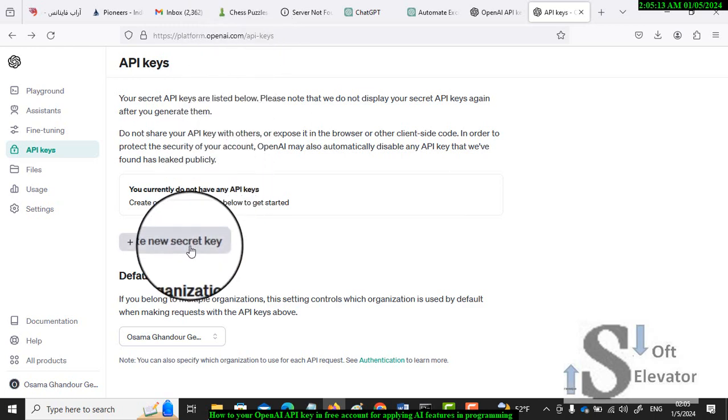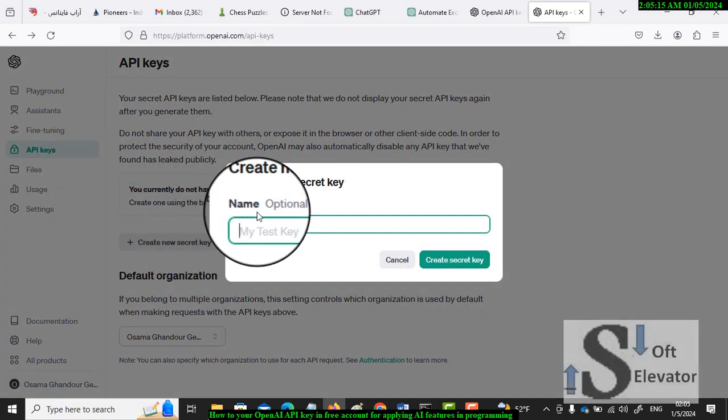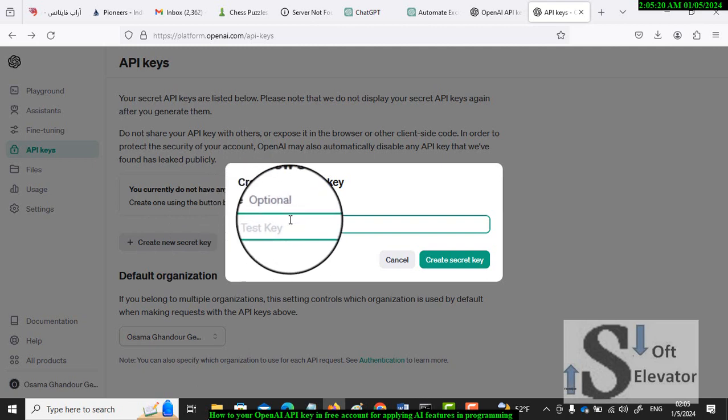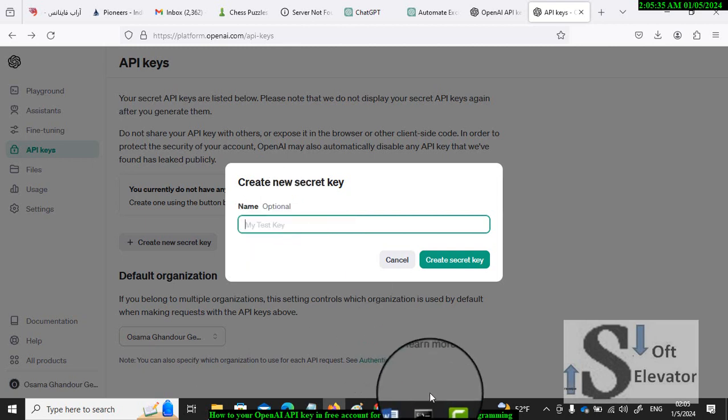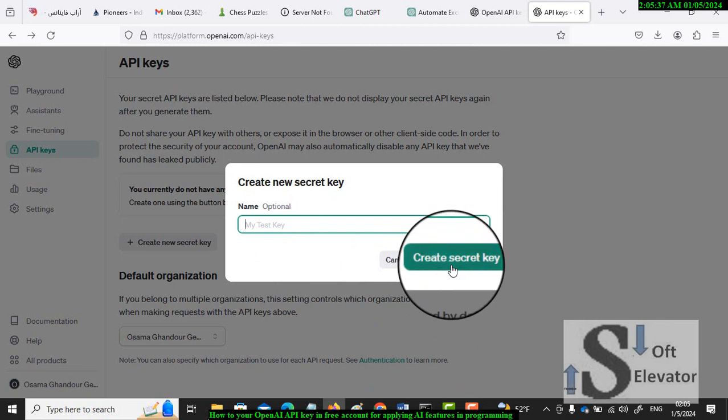So create new secret key, and here create new secret key, name optional. My test key, you can write any key. Okay, and then create secret key, and then you will get the key and use it in your programming, such